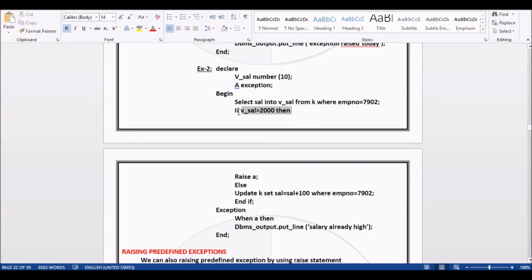If sal is greater than 2000, then raise an error, or else we will update the sal. That is nothing but, the general concept is we want to raise the salary of an employee with some number. If his salary is greater than 2000, we want to raise an exception, or else we want to update his salary with 100.